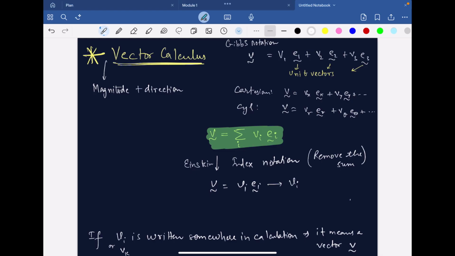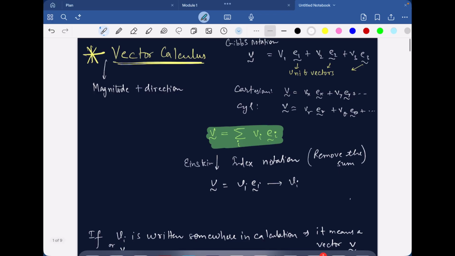Hello all. In this small part of the lecture, we will look at the vector calculus part. We will review the Einstein notation and the simple products, and how Einstein notation is used in proving some of the identities, which can help us further in derivations. Okay, to start with,